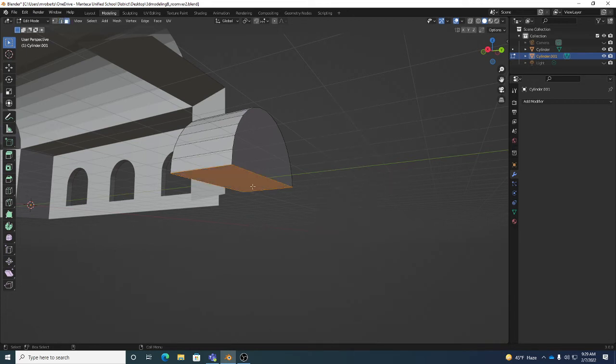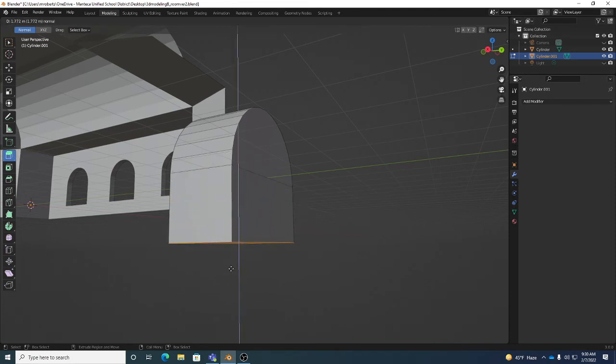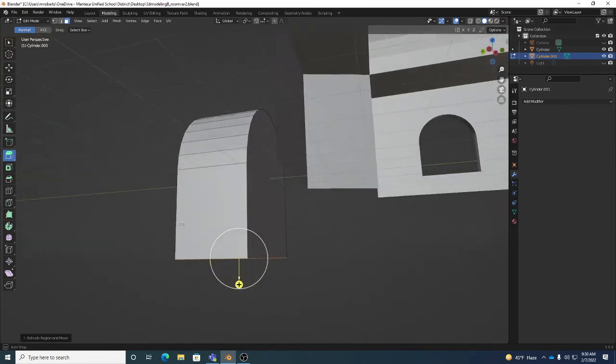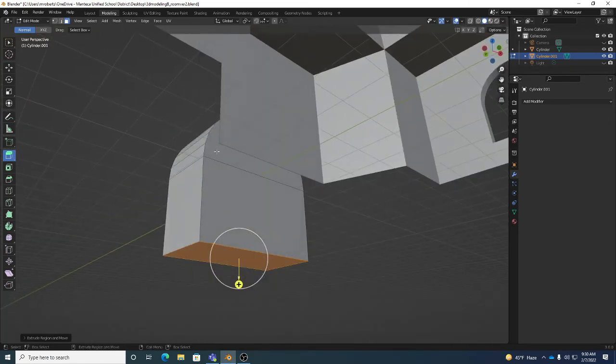I can then hit 3 to convert those to face mode. And then, of course, we can extrude down, right? Extrude tool, good old extrude tool. Grab that yellow plus to bring it down. And now we've got kind of that arch again for our